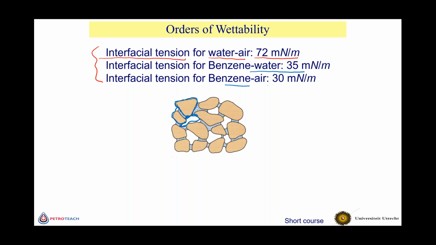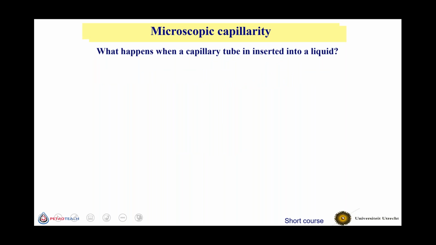benzene-air interfacial tension that is lower. So if you don't have benzene next to water, it should be air, but the air interfacial tension with water is very large. So it's much better if you have benzene first, covering the water. So benzene covering the water, and then air in the middle. So that's the order of wettability. Next to the sand would be water, then benzene covering the water layers, and then the air in the middle. And that's, again, because of this